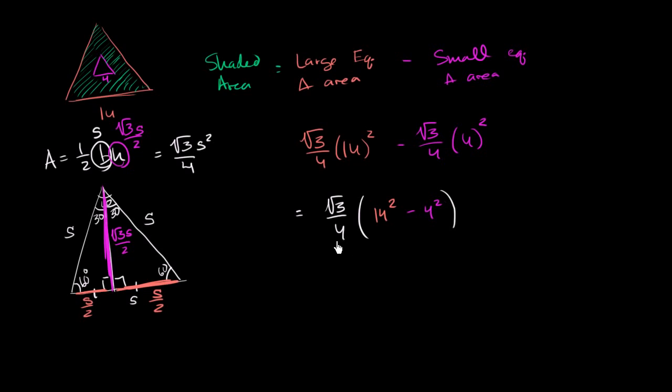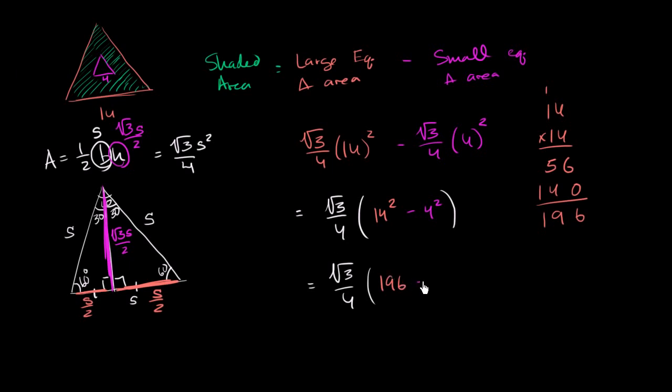But now let's actually evaluate this to get a number here. I could try to simplify it by hand, so let's just simplify it by hand first. In case you haven't memorized your 14 times tables, we could just work that out. 14 times 14: 4 times 4 is 16, and then carry the 1. 4 times 1 is 4 plus 1, so it's 56. And you put a 0 right there because we're multiplying by 10 now. 10 times 14 is 140. And so this is 196. So this is equal to square root of 3 over 4 times 196